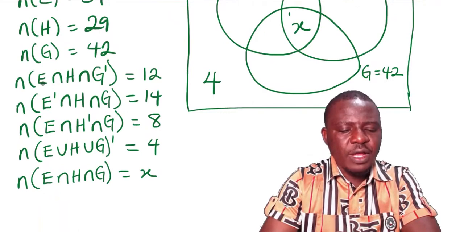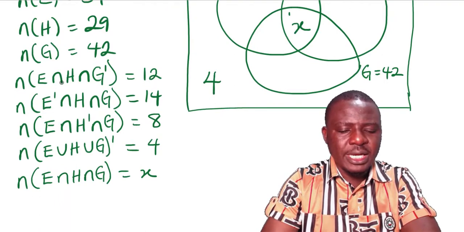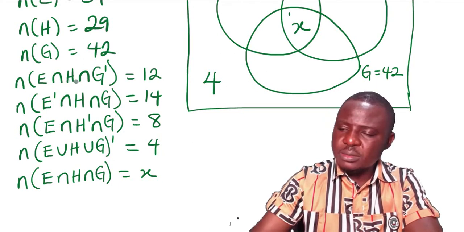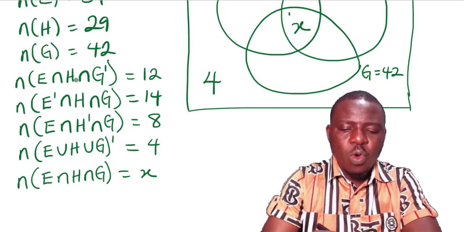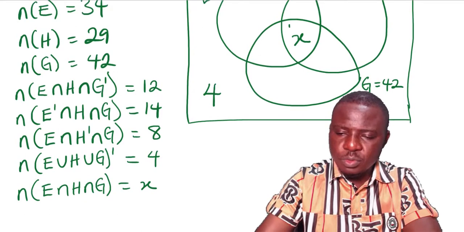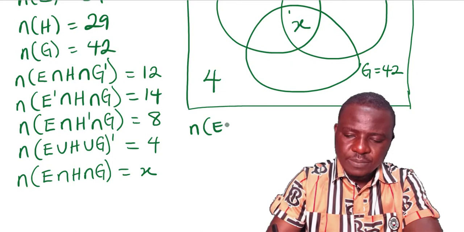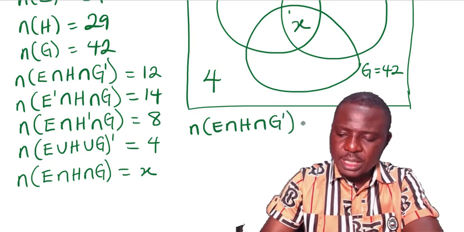So if n of English intersection history intersection government, that is to say, those students who offer only English and government, we have to subtract. If we are to look for those students who offer only English and government, we have to subtract x from 12. So therefore, n of English intersection history intersection government prime only will be equal to 12